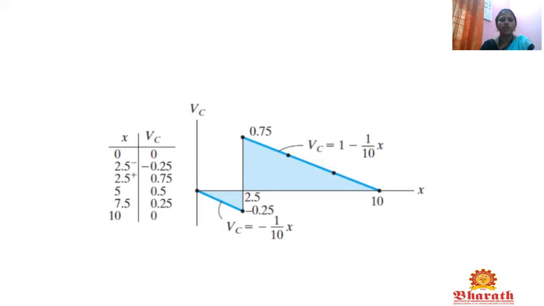Next, we are going to plot the axis. We are going to find the influence line diagram with the x-axis as the x distance and VC. We are going to find the influence line diagram for point VC. So this is a picture. Here we got the equation for VC as minus 1 by 10 into x. When x is equal to 0, what is the reaction at point C? Putting in this equation, 1 by 10 of 0 is 0. Next, at x is equal to 2.5, what is VC we got? That is minus 0.25. So it is negative. So we have to show the negative side of the representation of the